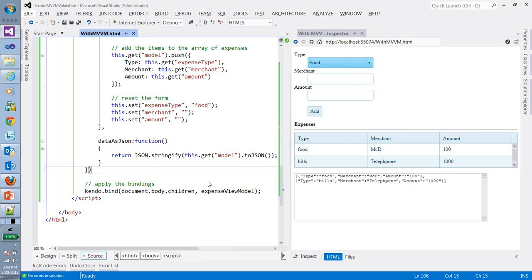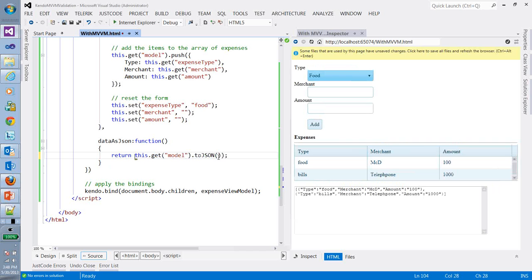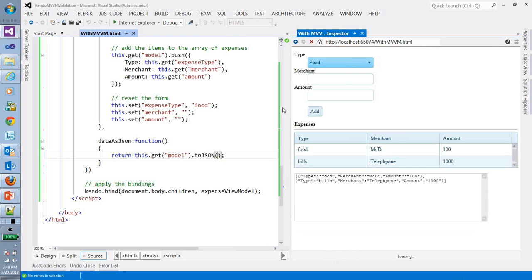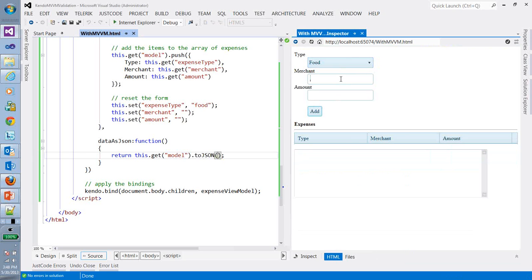If you didn't convert it into JSON, it will be an object, a JSON object. Like for example, let me go ahead quickly and on the fly change this demo. I will say this, and then I refresh it, and I say food is from McD. I have $100. You see this? It says object. That is because that's what the native thing about that object is. Okay. So now that's about